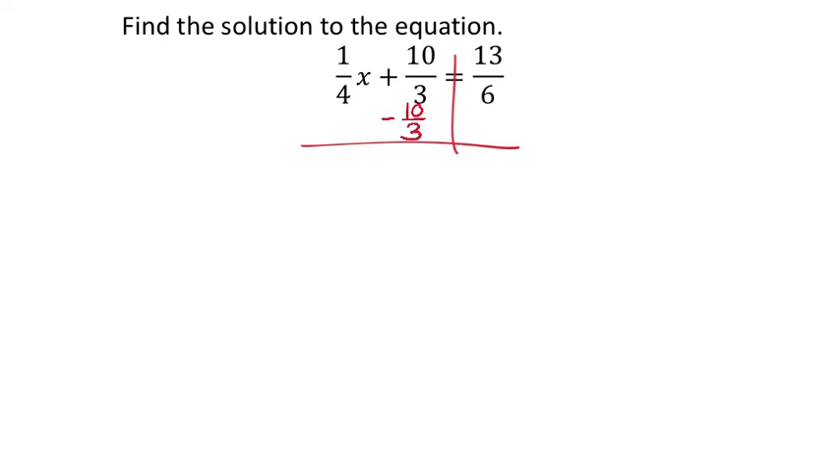That's 10/3 minus 10/3. But if I do it to one side, I got to do it to the other side as well. All right, so 10/3 minus 10/3, that's going to 0 out just like we planned. I'm going to drop my 1/4 x,